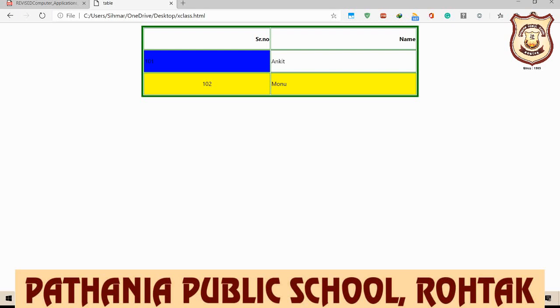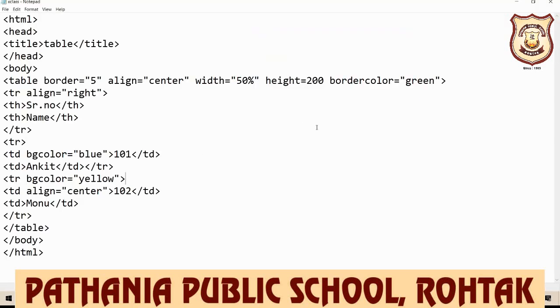So this is the BG color with tr. It sets the color in the back of the row, and if you use it with td, then the background color of your cell is changed. But if you want to change the background color of your table, then you can use the BG color attribute in the table tag here.